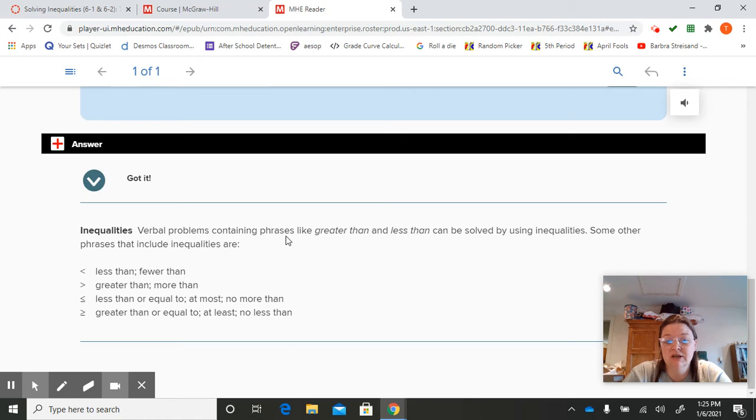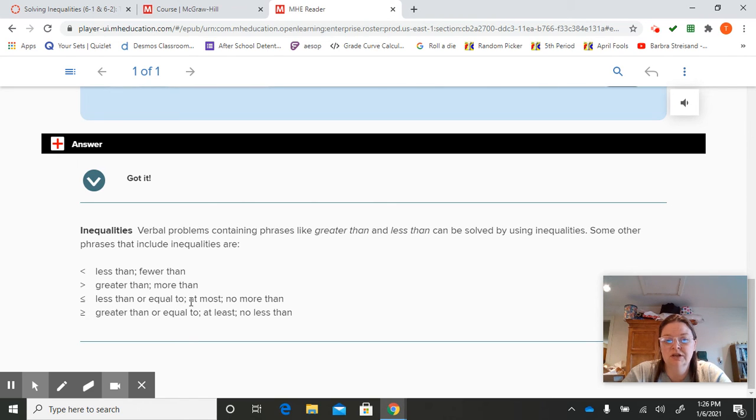Verbal problems containing phrases like greater than and less than can be solved using inequalities. Some other phrases that include inequalities are, and I highly suggest you get this in your notes, it's going to be so much help for you later on when you're doing your homework and when you're doing your quizzes. Less than or fewer than, those are both phrases used for the less than symbol. Greater than or more than, both used for the greater than symbol. Less than or equal to,